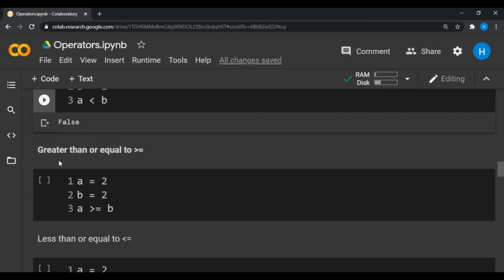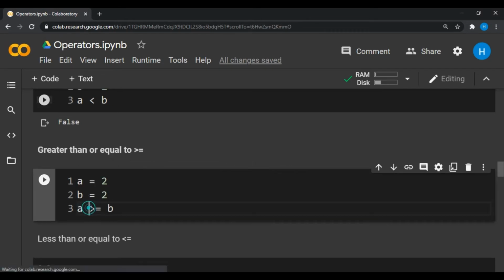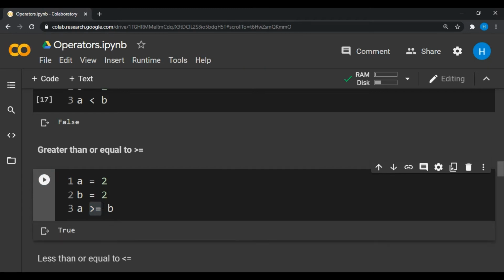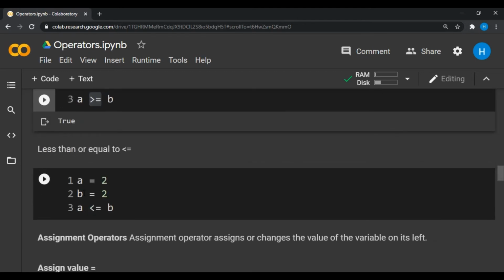And similarly you can also identify whether some number is greater than or equal to. In Python you need to write it this way. First you write the greater than sign and then the equal to sign. This will tell us whether A is greater than or equal to B. Of course here you can see that both are equal, so one of the conditions is satisfied and therefore the output is true.